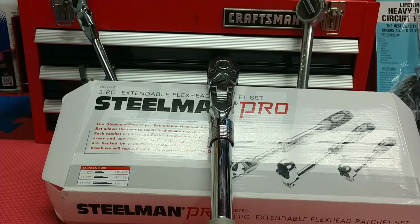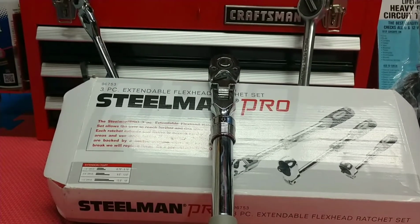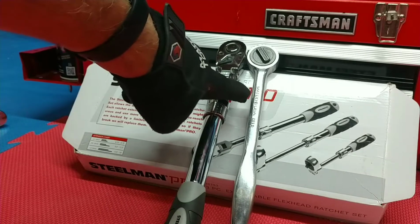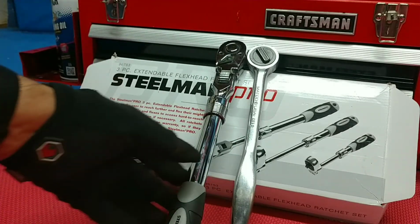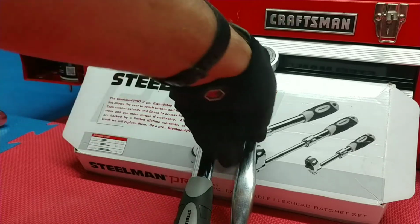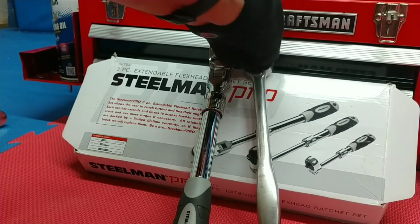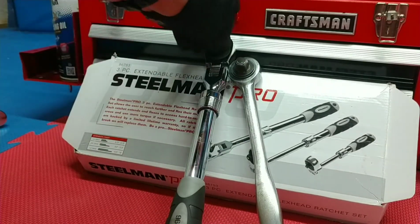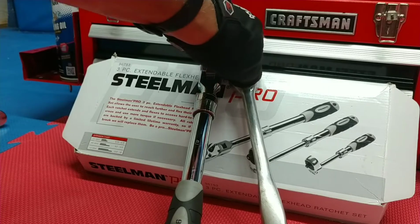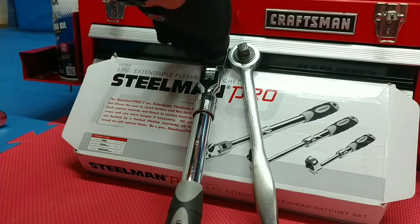Let's take a look at the 1/2-inch drive from my Matco 1/2-inch drive. See if that makes any difference. Maybe, maybe not. Well, as you can see, my old style Matco from 1988 is quite shorter than the Steelman Pro in its completely collapsed, shortened style. Oh, big difference. I'll be honest with you, I've used the Steelman Pro a few times since before this video, but